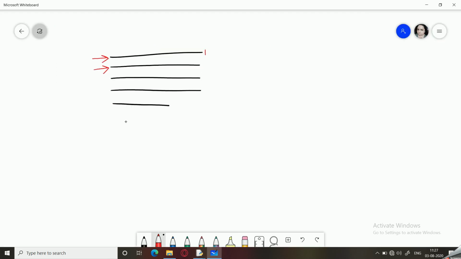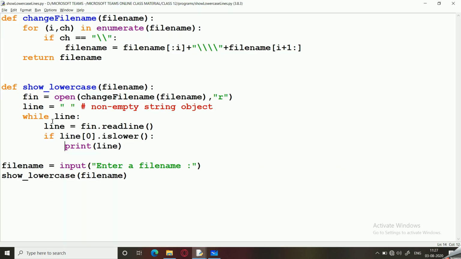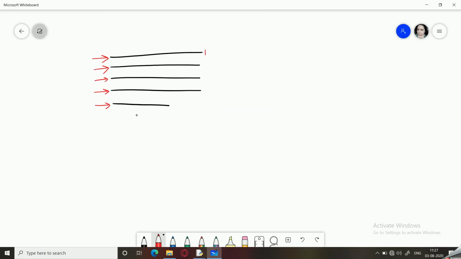So it will continue working fine for all the lines till it gets set over here. So now when it is already set over here at this point, while line will be what? It will be true because line is still non-empty. Line equals read line. This read line will set the pointer at the end over here.